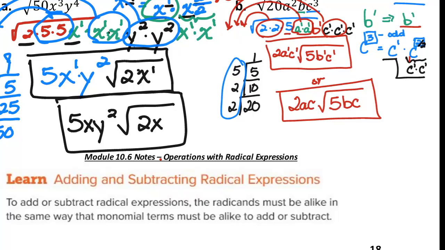And how many positions do I move it to go to the right? 1 here, and I have 3, 6, 9 zeros. So that's 1, 2, 3, 4, 5, 6, 7, 8, 9. So that answer is 65 times 10 to the 10 power. We can put the positive there, or we can use the